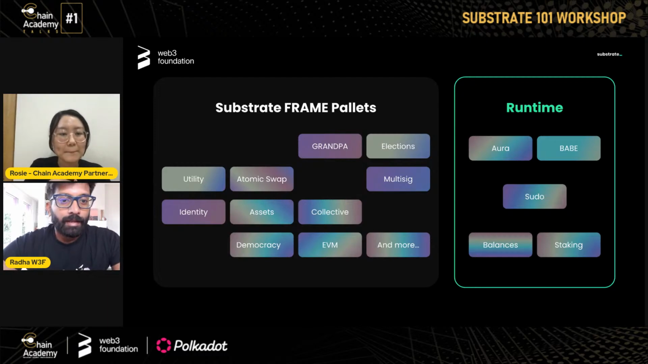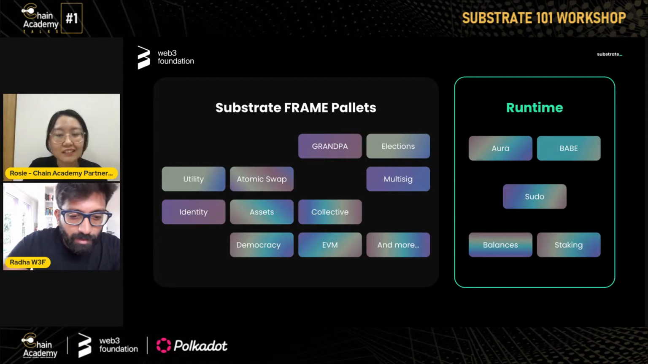Yeah, so basically, let me open that GitHub repository. I think that's going to make a lot of sense. So GitHub